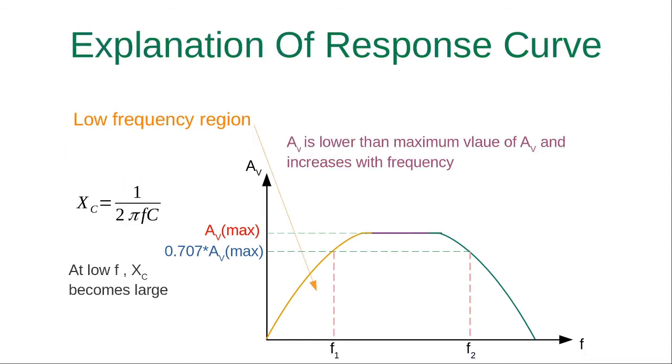Let us discuss the behavior of the response curve. The coupling capacitors C1, C2 and CC connected in the circuit are required to block the DC signal. However, at low frequencies, these capacitors offer high reactance. Consequently, they start to block the AC signal as well. It means the AC signal is not fully transmitted through them, rather it drops across them. This decreases the voltage gain. The lower the frequency of the input signal, the higher will be the reactance and the more will be the reduction of voltage gain.